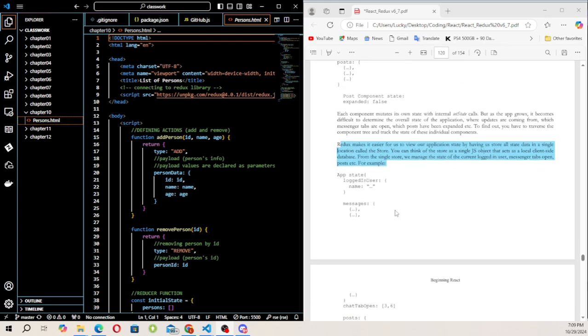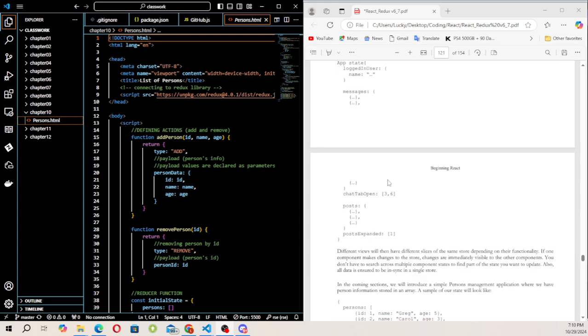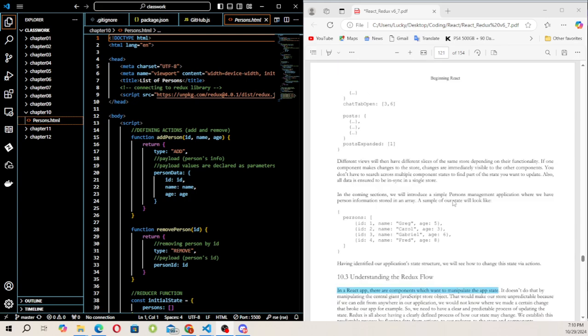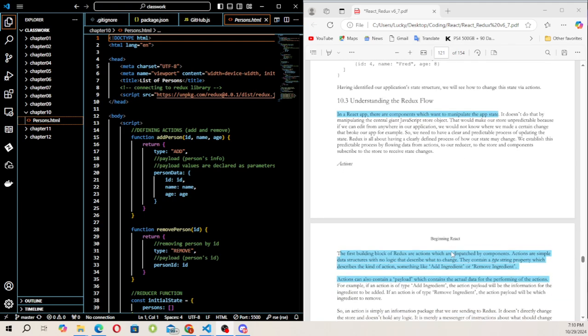And then Redux will make it easier for us to view our application state by having us store all the data in a single location called the store. You can think of the store as a single JavaScript object that acts as a local client-side database. From the single store, we manage the state of the current logged-in user, messenger tabs open, posts, etc. For example, as you can see here, this is an example of a store,